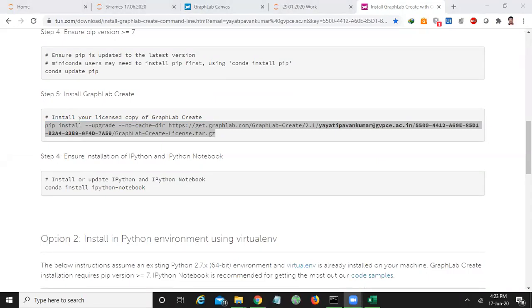Okay. Step 6, paste that command in your Anaconda 2 prompt.